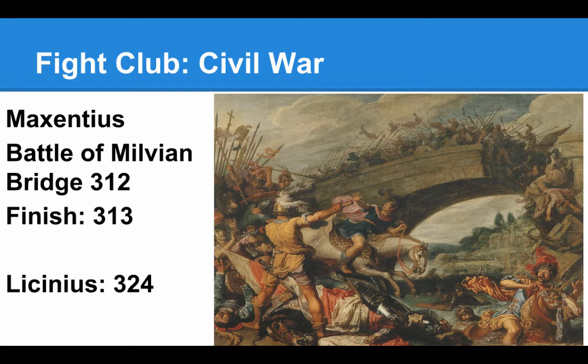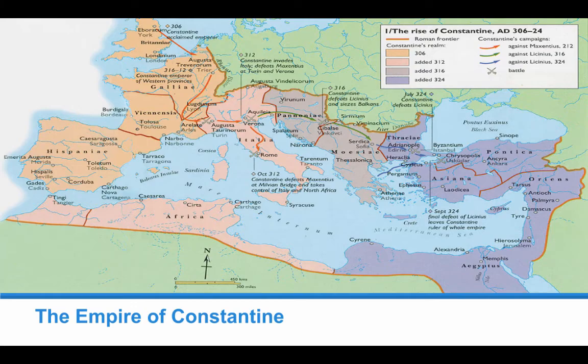The turning point of the war is the Battle of the Milvian Bridge, depicted over here, in which Constantine lays the smackdown on Maxentius. And then by the year 313, Maxentius is captured and he's killed. And then 9 years later, he finishes off the final brother, Licinius. And in the year 324, this is the empire. It's at one of its largest sizes of all time. It even goes well up into Britain, you see here. Pretty incredible.